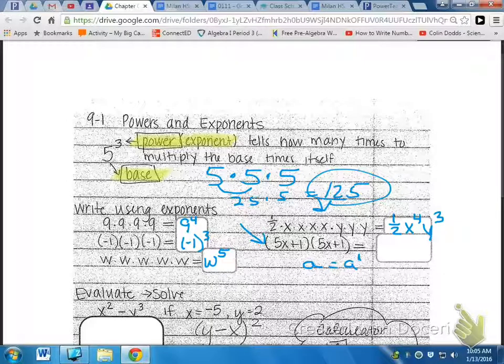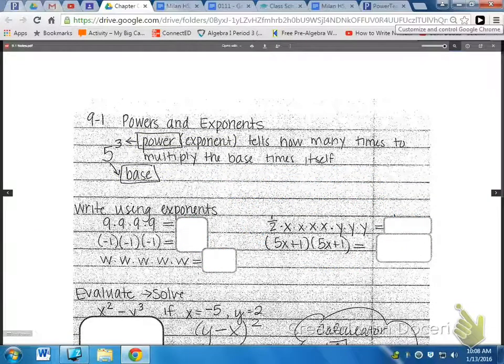All right, I kind of got ahead of myself there. We've got this expression, 5x plus 1, and it's multiplied by itself. So, Layla, what should we write? 5x plus 1 to the 2nd power. Okay, in parentheses, 5x plus 1, and you put it to the 2nd power. Okay, questions about that? Make sure you read the directions carefully, because sometimes it's going to say just write that product using exponents, but sometimes it's going to say what the next part wants you to do, and that is